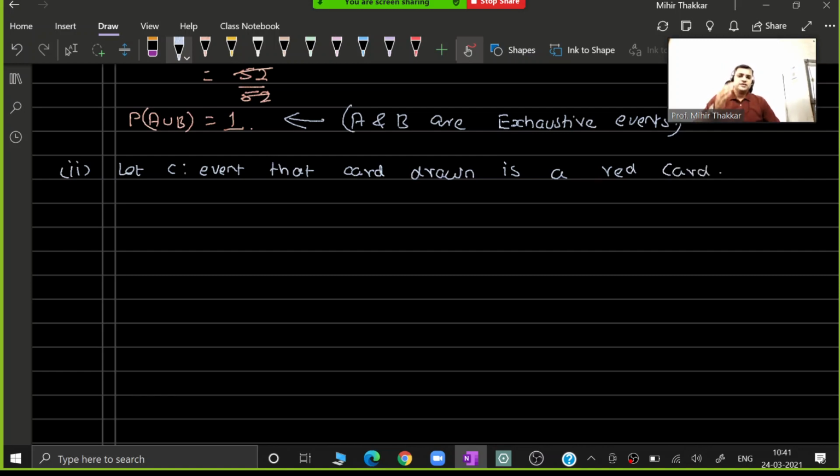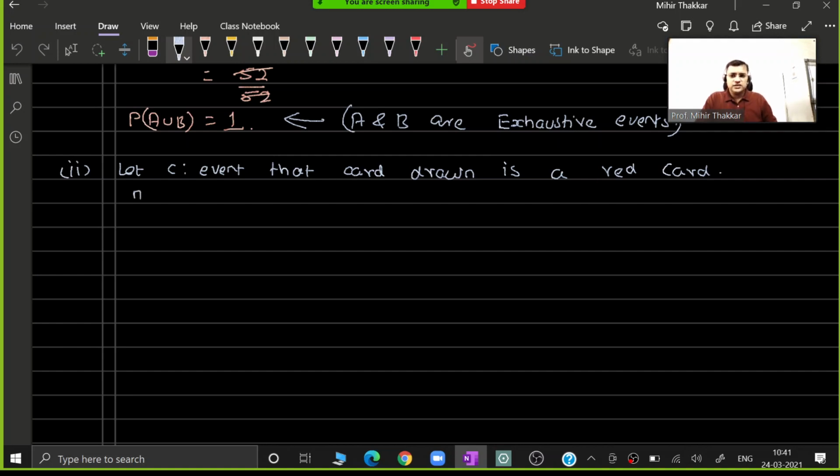Now see guys, I am writing this separately once again because in your exams it is not necessary that you will be asked both of the same parts, first and the second part. In your exam they can ask you first part separately, second part separately, or maybe only the first part or maybe only the second part. So we should define the events separately in both the cases. That's why I'm writing event C once again. Otherwise, if in your exam everything comes in the same manner, you can also consider the same event A. That won't affect your marks at all. But for now, we'll just use our 2 minutes and write the event C once again, which is exactly same as event A. There is no change in that, but still we are writing it over here.